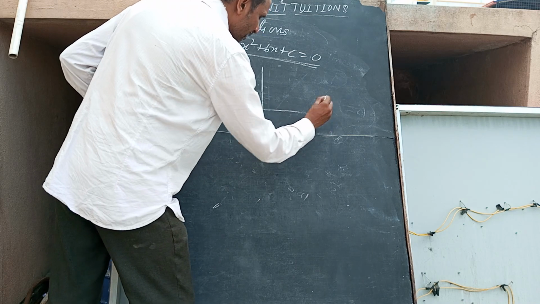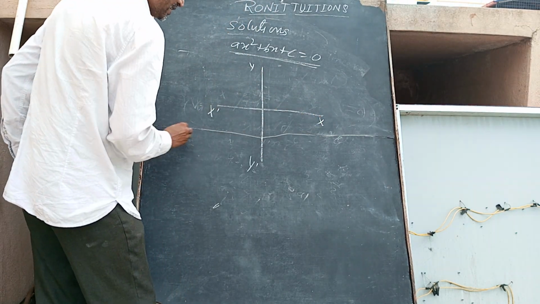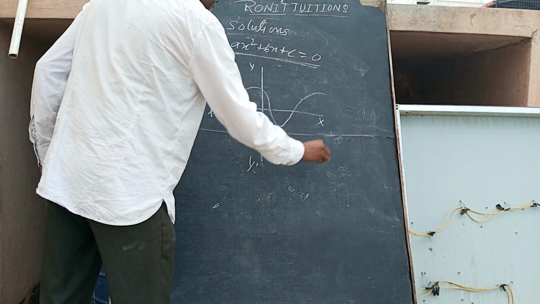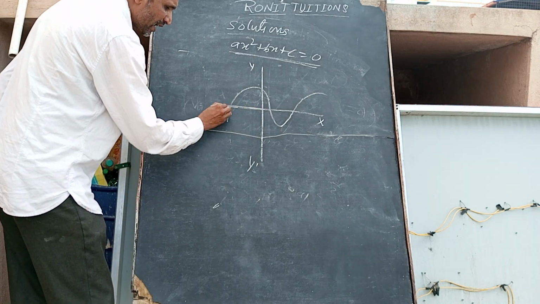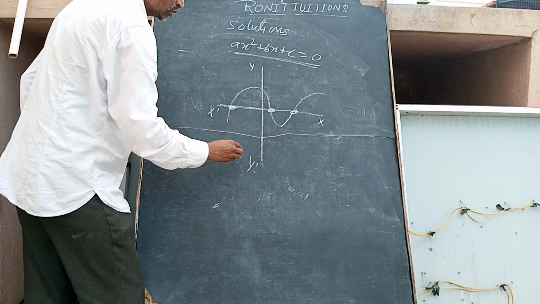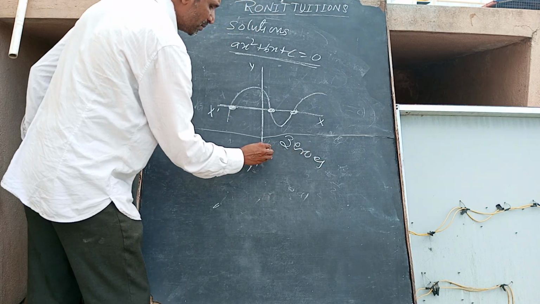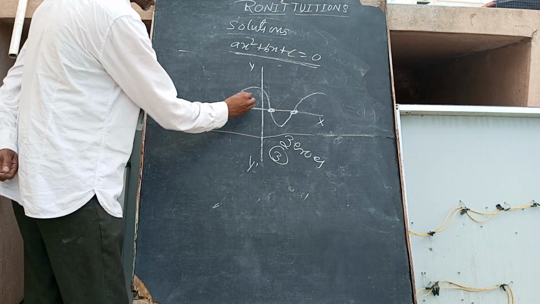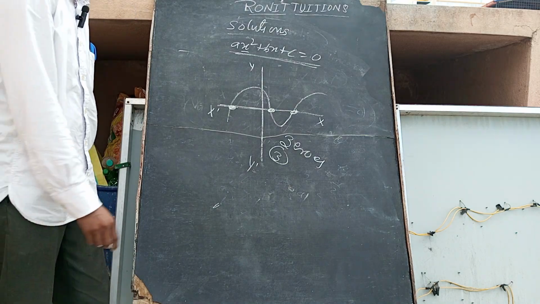This is the x axis, this is the y axis, this is the x dash, this is the y dash. In that, how many places does the x axis cut happen? Suppose the graph came like this. So in this graph, how many places does the x axis get cut? Here one place, this is the 2nd place, this is the 3rd place. So the zeros, the answer of this polynomial, how many become? 3 zeros are there. We have to see only the x axis, not the y axis, because we are going to find the value of x only.